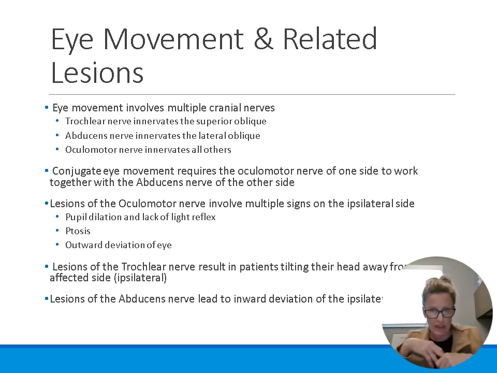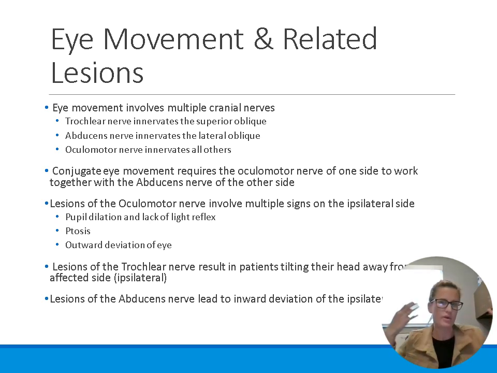Cranial nerve 3 is involved in eye movement, but it also innervates the pupil constrictor muscle. So it causes constriction of the pupil. It also innervates the levator palpebrae superioris, so elevating the eyelid, and muscles that adduct the eye. Adduct the eye means move the eye towards the center. So lesions of the oculomotor nerve, or cranial nerve 3, involve multiple signs on the ipsilateral side,